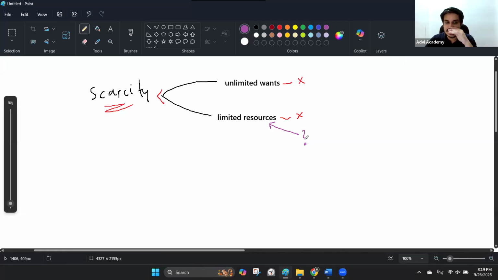If we ask a question like that with regards to scarcity, if humanity finds or builds something on Mars, and if we settle a habitat on Mars, will the problem of limited resources be solved? No, because with the limited resources we have on Earth alone, we already have this many unlimited wants. The moment we have another Earth, our population will multiply and the wants will multiply even more. And there will be another problem of limited resources once again. Temporarily, we might have some more resources, but in the long run, we will always have limited resources only.